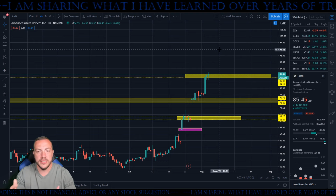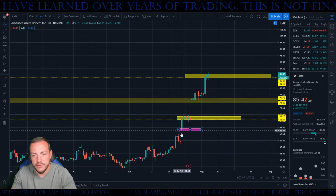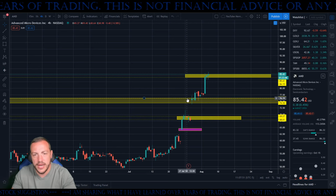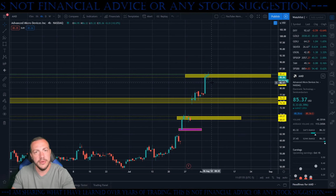Manage what you're in. Things we're not seeing that current strength, and that's what I'm seeing right now with AMD. Now I've done this before, right? It gaps up, it goes and kind of goes sideways. Then we get that gap up again. We saw the triangle pattern, then it really pushed up, and then here we are, just kind of running